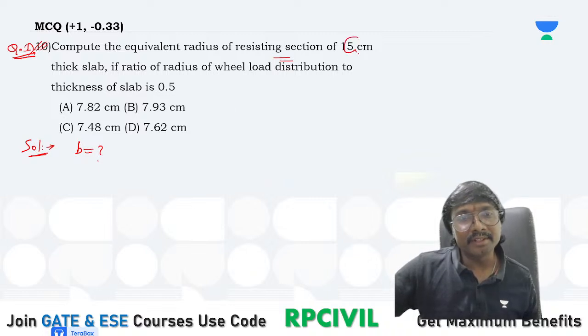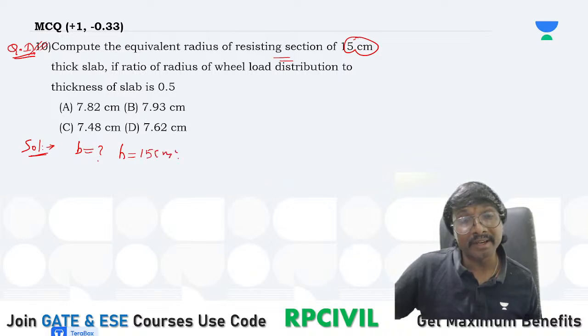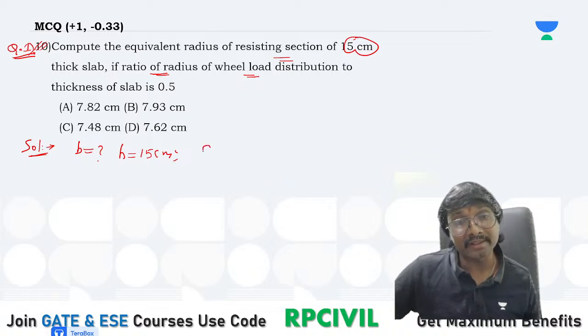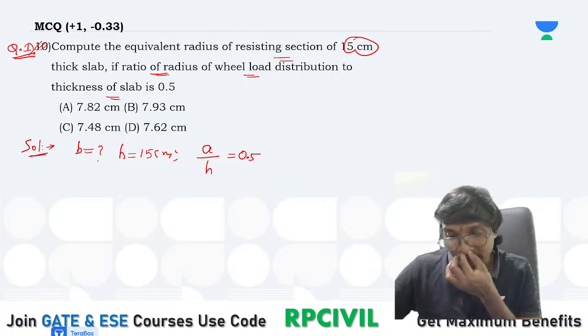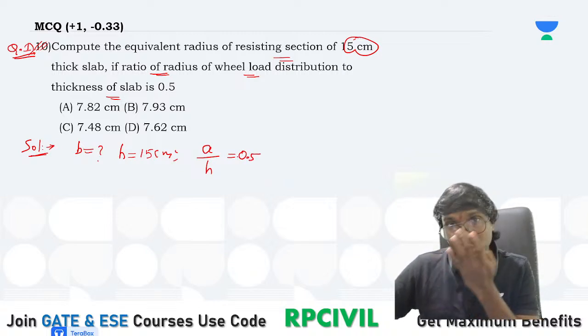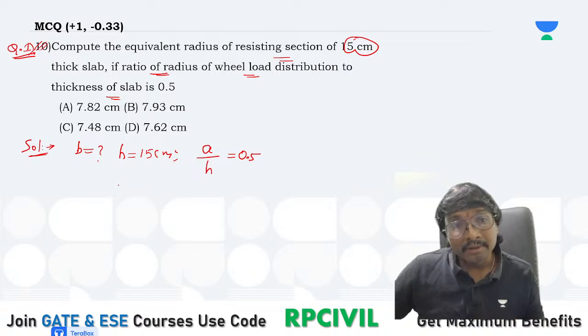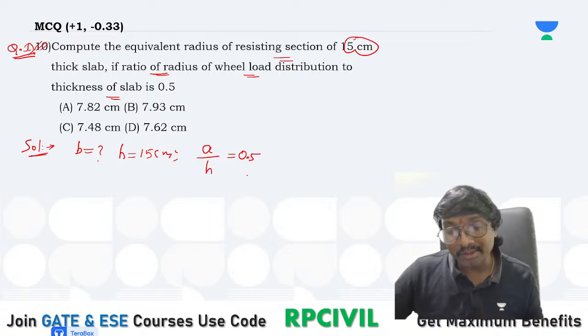You are asked to identify b for a slab section of 15 centimeter thickness. H is given, that is 15 centimeter. The ratio of the radius of the wheel load distribution, small a, to the thickness of the slab, that is a by h, is 0.5. So whenever a by h is equal to 0.5,